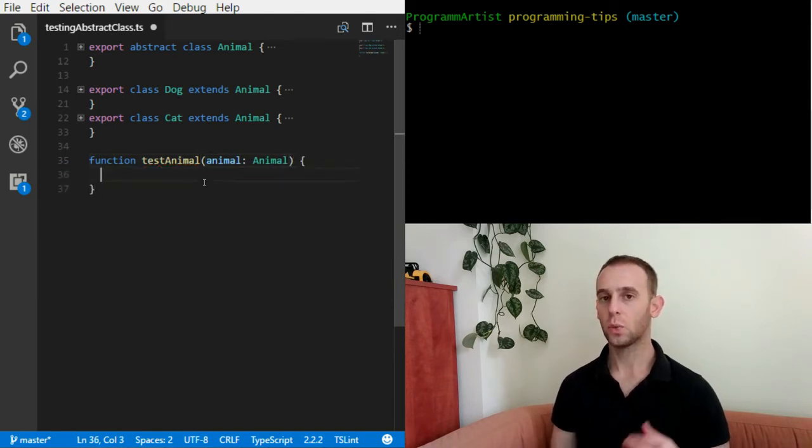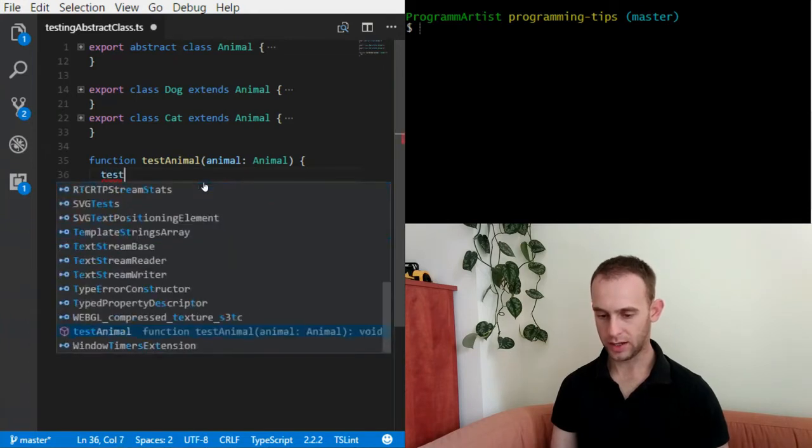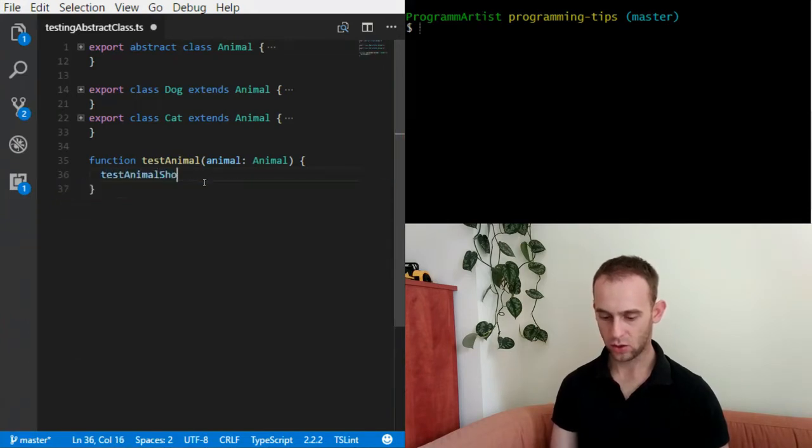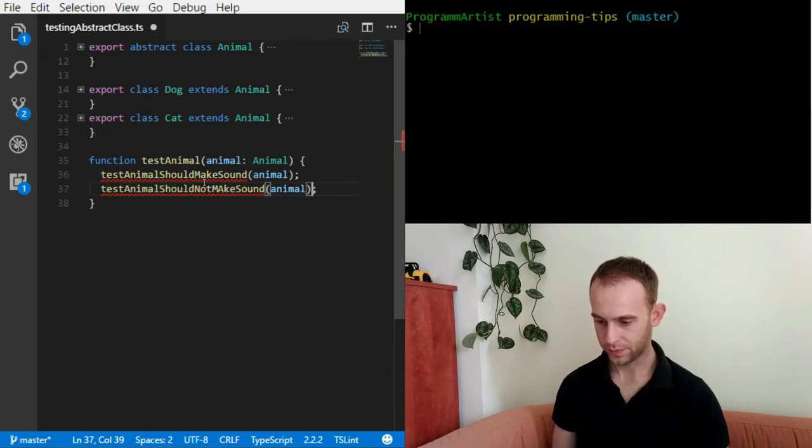What it will do is run test animal should make sound with the animal, and test animal should not make sound. The test animal should make sound will be a function which also receives an animal,